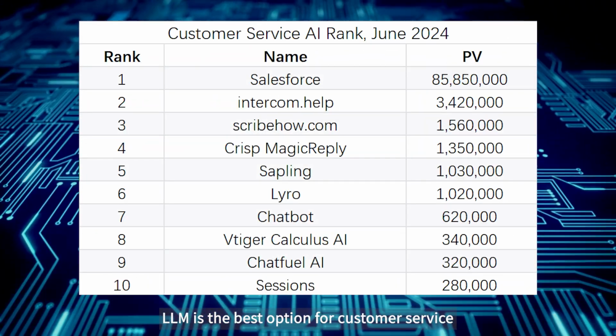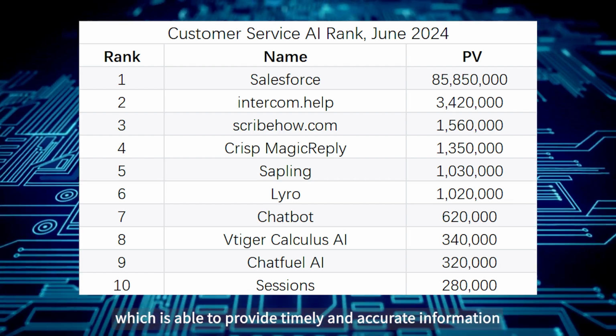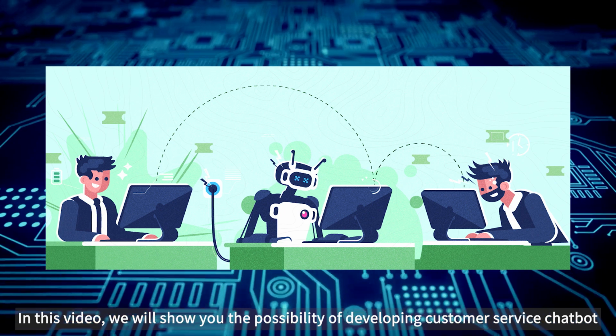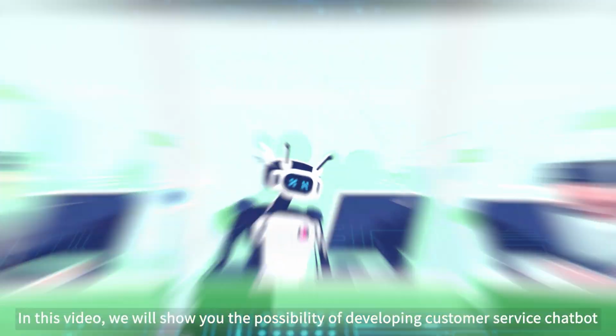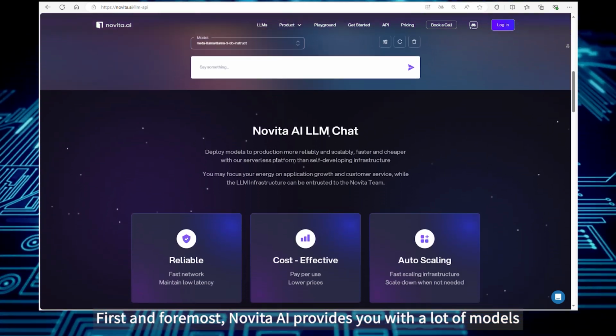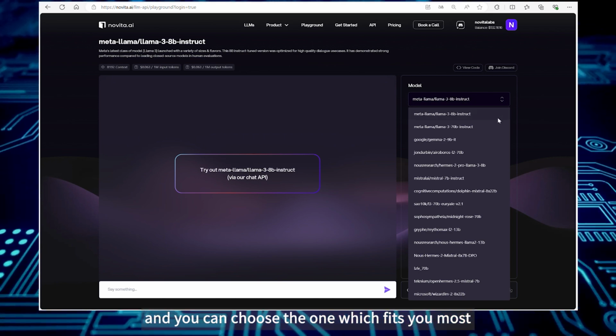LLM is the best option for customer service, which is able to provide timely and accurate information. In this video, we will show you the possibility of developing a customer service chatbot with Novita AI LLM API. First and foremost, Novita AI provides you with a lot of models, and you can choose the one which fits